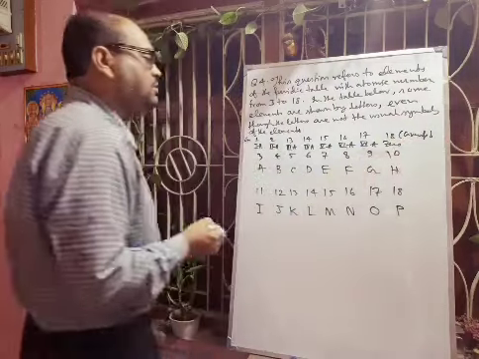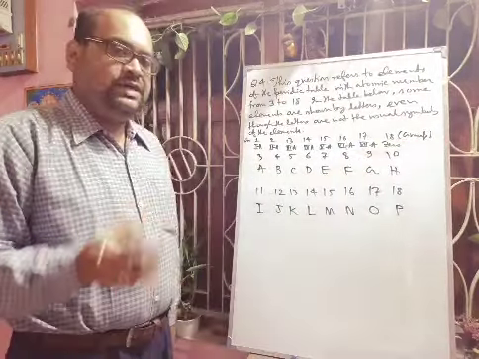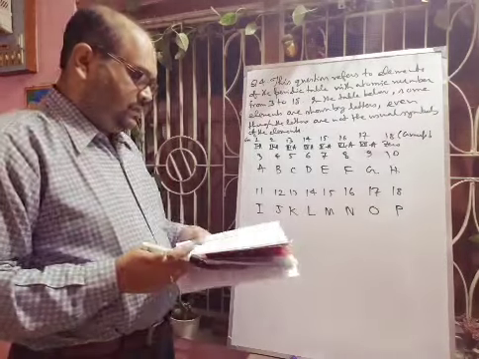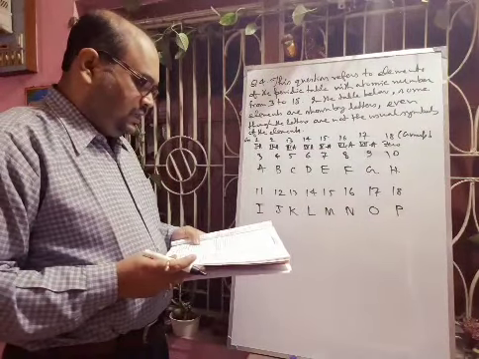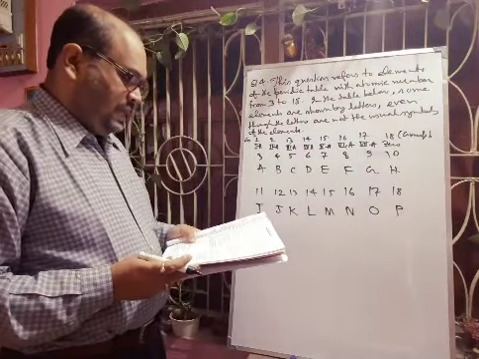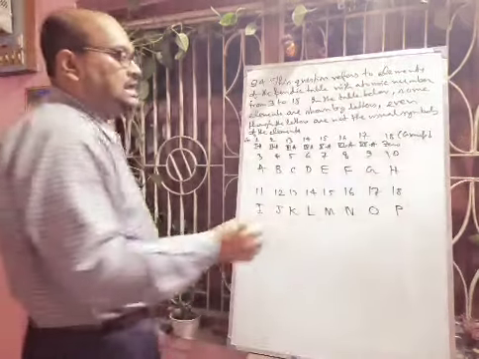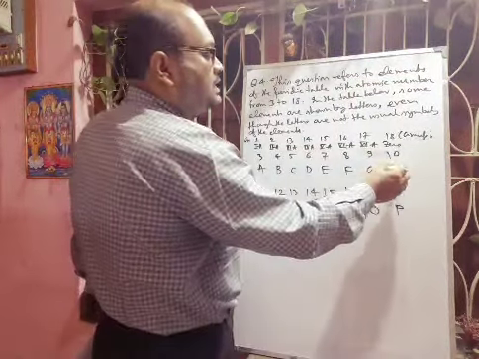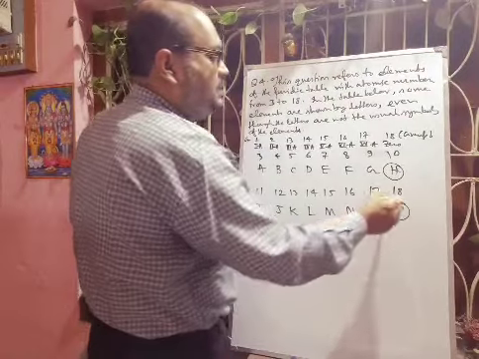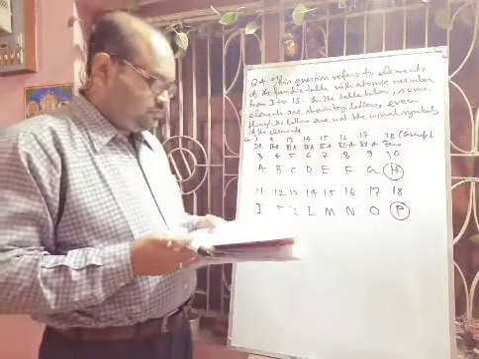This is a modern periodic table or long form of periodic table. Now it will be easier to give the answer. First one is given that which of these is a noble gas. Here this is 0 group, all are noble gas, so you can tell H, you can tell P. So these are the noble gases.